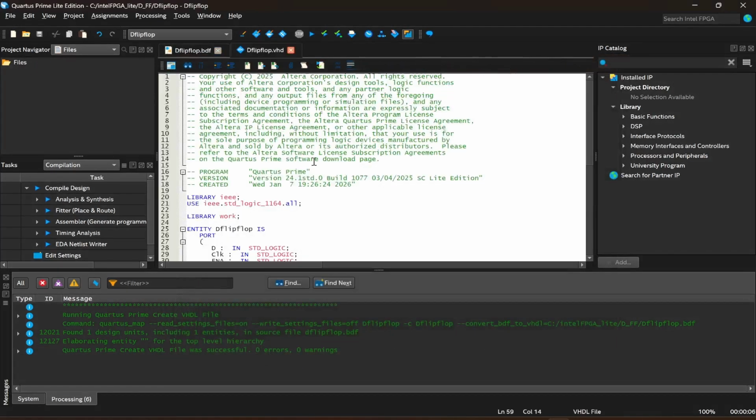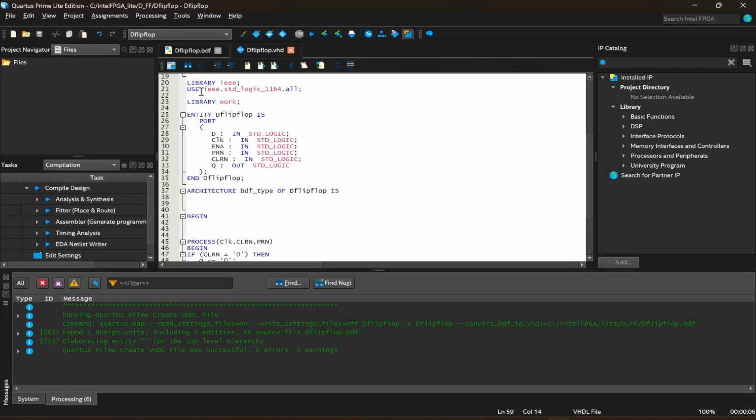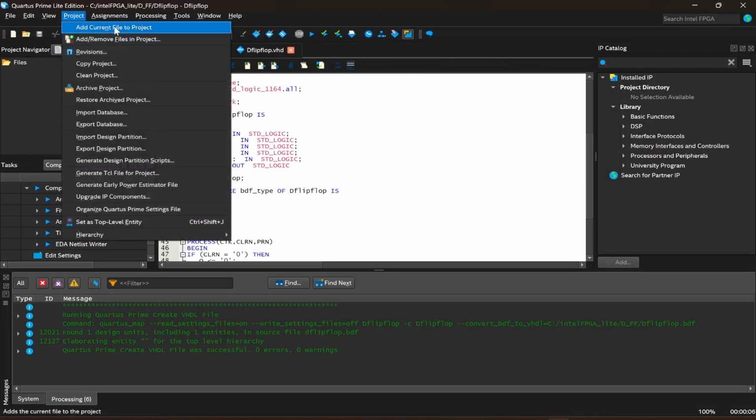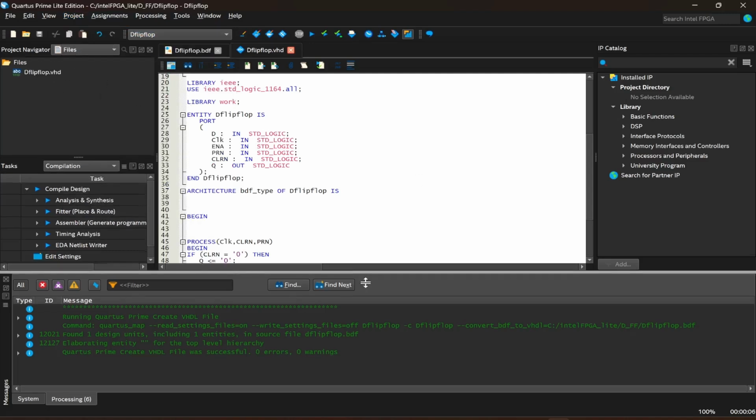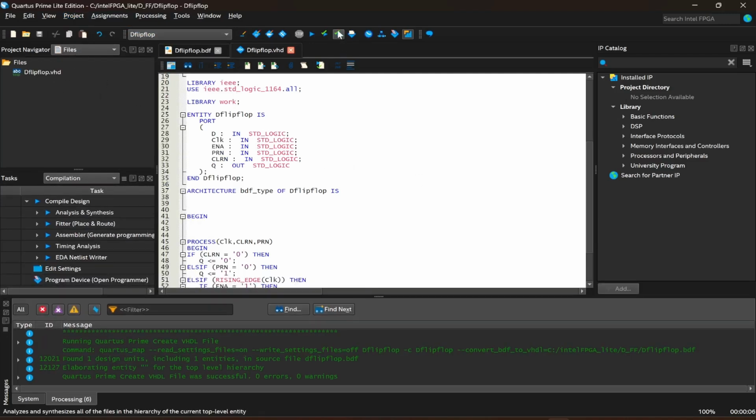Now this is our VHD file. So now to add it to the project, you can go to Project, Add Current File to Project, click on it, and then you see the file in here. So this is good. Now let's run the analysis and synthesis to ensure that there are